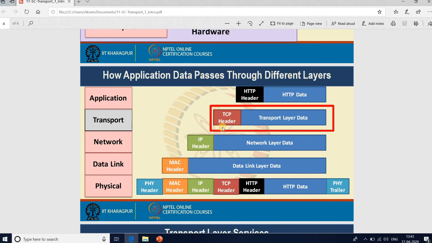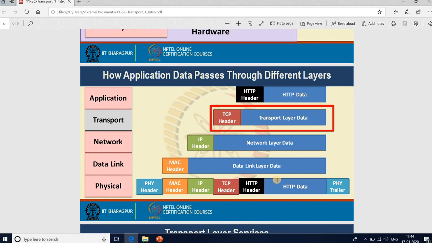Then it comes to the data link layer, which again adds its own header, the MAC header in the context of the data link layer. Finally it becomes the physical layer data which is coming from the HTTP.